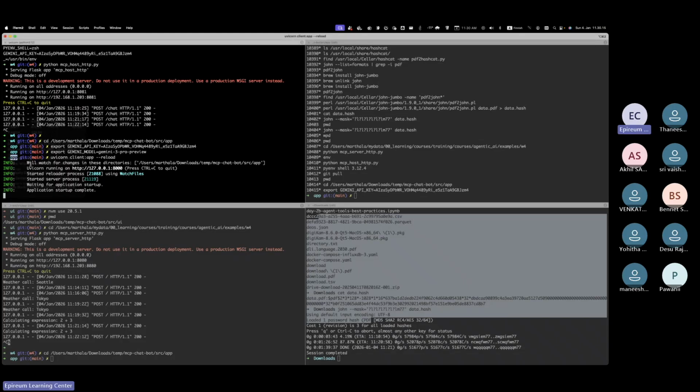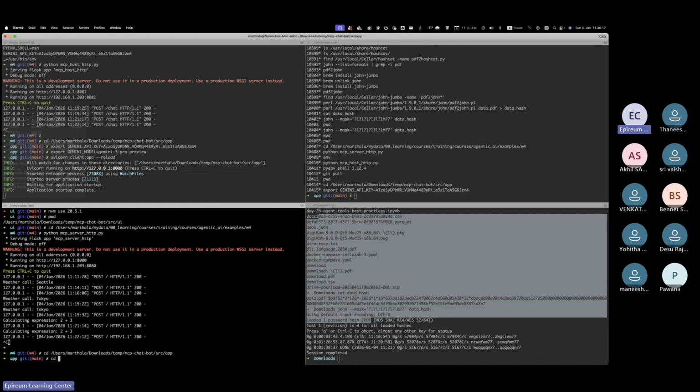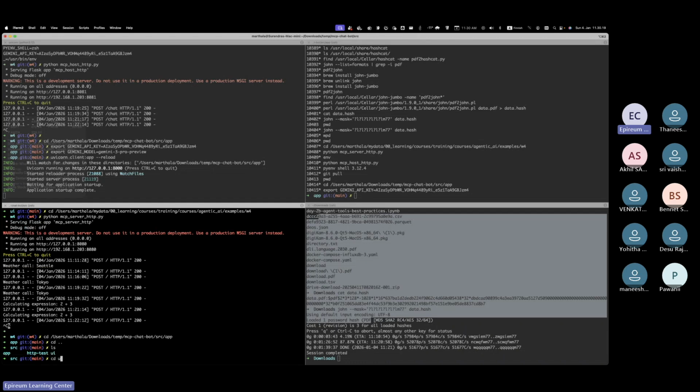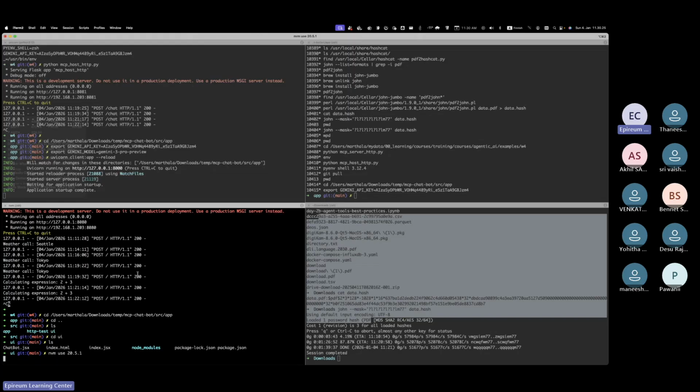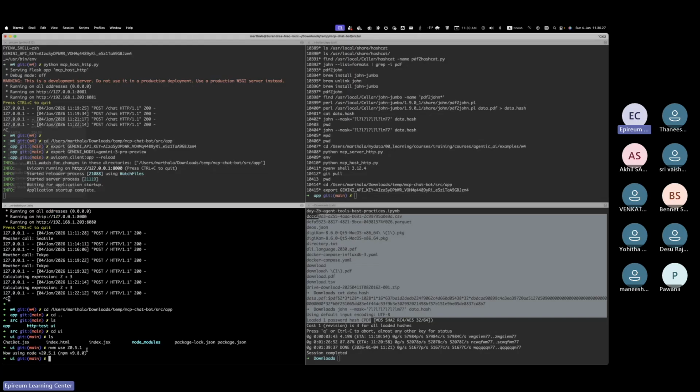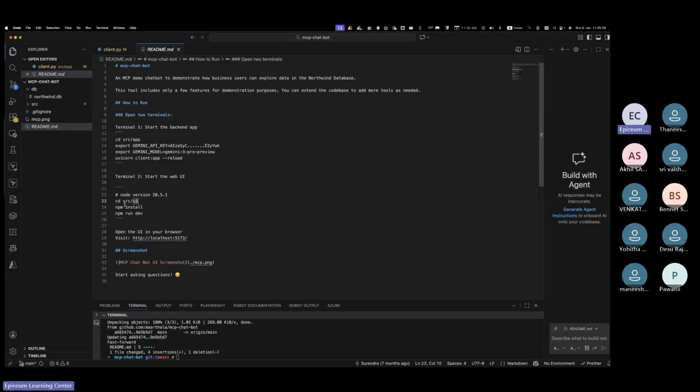Yeah, we are in the src app. Okay, so here also we are in the src app. Now we take the UI and then from here we do that. So it requires